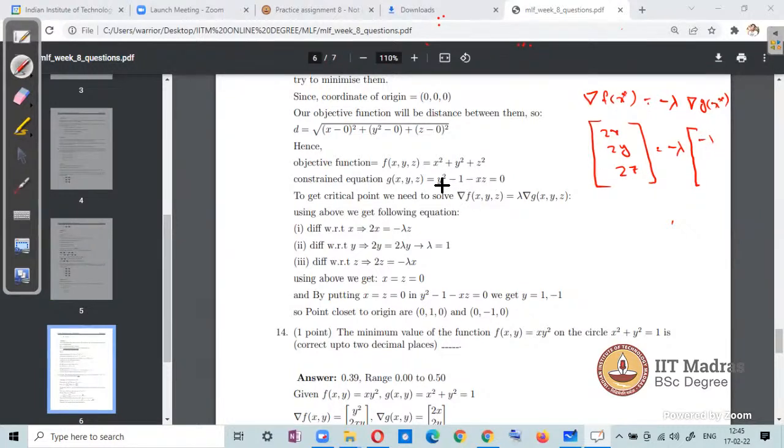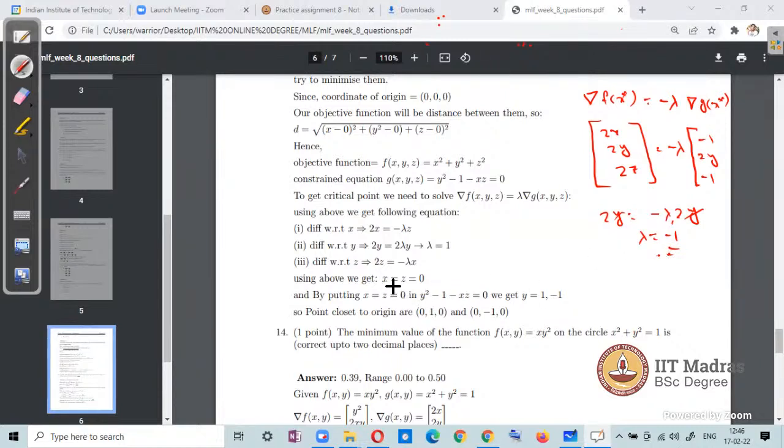Okay, for the second case it will be 2y, and for the third case you will get -1. Just solve this one: 2y equals minus lambda times 2y. It is nothing but lambda equals -1. Did you get my point? Lambda equals -1. So if you put this in here,